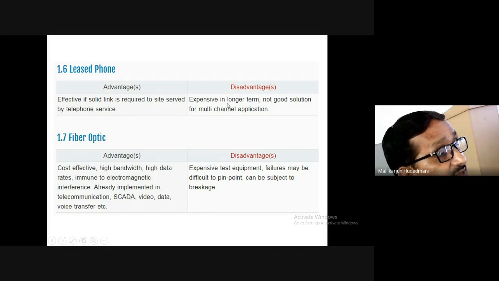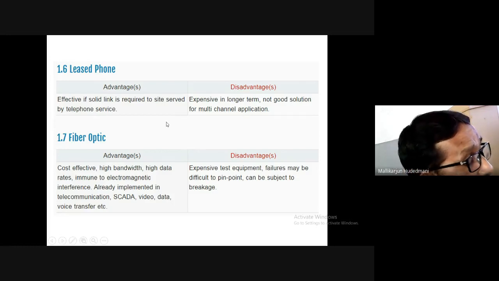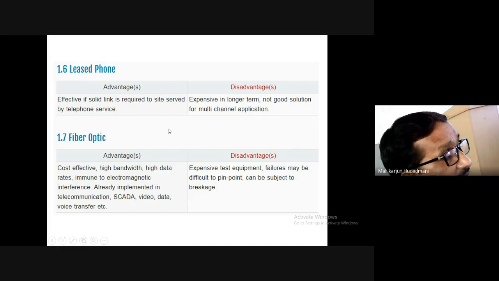services. It is expensive in the longer term, not a good solution for a multi-channel application. So you can say this is like internet services, how earlier people used to get them, that kind of communication you can think of. It is using the telephone line only, the leased telephone line for your connected end-to-end device. Suppose a company has its corporate office somewhere in a city and has another client or service center over the distance, and its billing software, purchase and trading software are connected end to end, and the billing occurs from one end to the other.